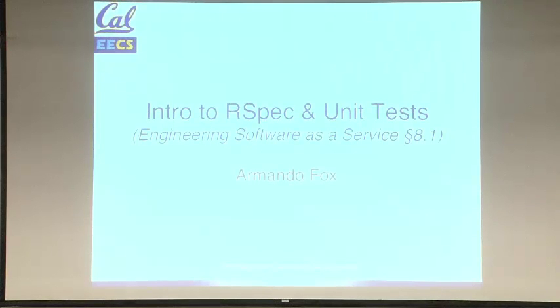On the validation aspect, remember we introduced the idea of verification versus validation? Validation is, did you build the right thing? Did you build the thing the customer wants? Verification is, did you build the thing right? Given that you know what you believe the customer wants, does it function the way that you designed it to function? And the unit and functional testing that we're going to start talking about in today's section form a big part of that. So we're going to talk about an introduction to RSpec and unit tests.